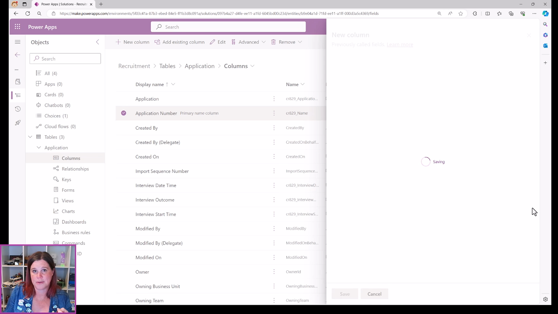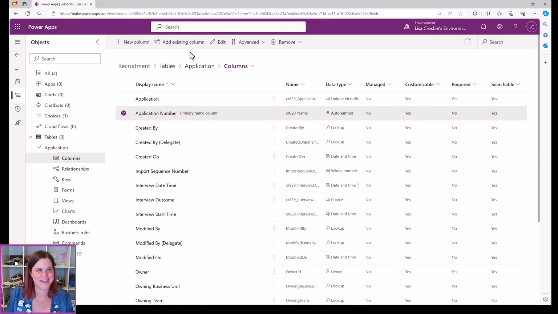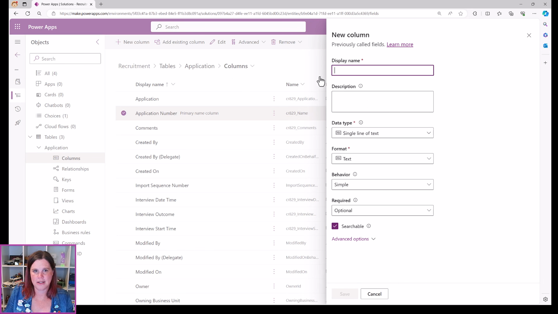So now we're going to put in some things around reference checking as well. Just give this a second to catch up with me. Sometimes I can talk for as long as it goes, and sometimes it takes a second. There we go. So now we're going to put in the display name here is going to be reference